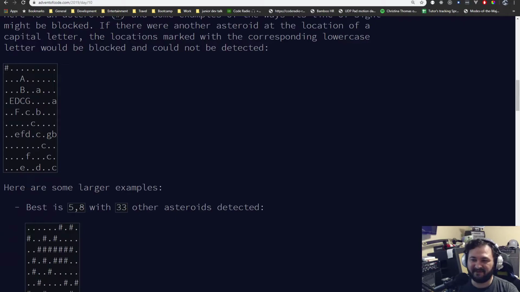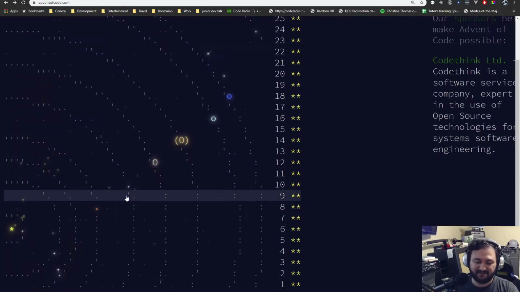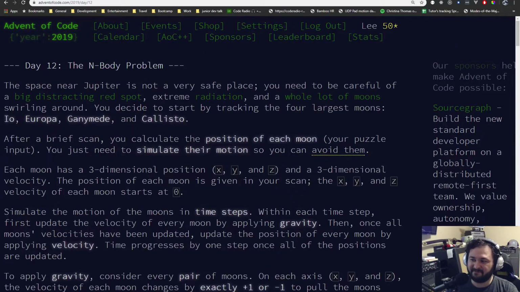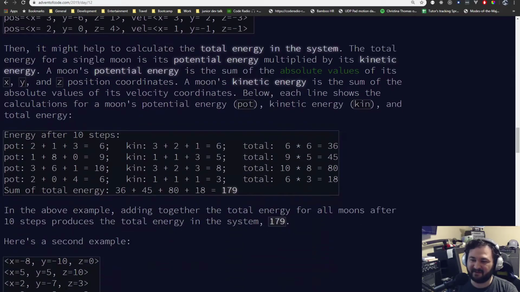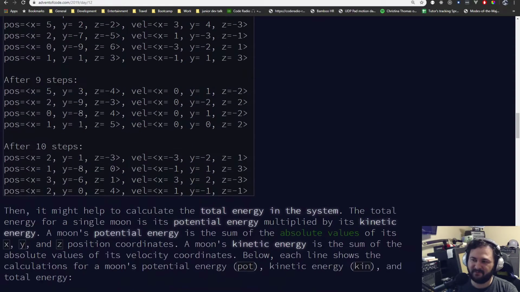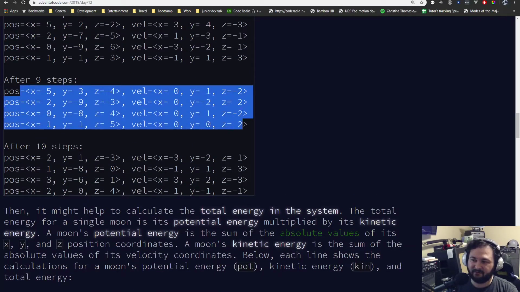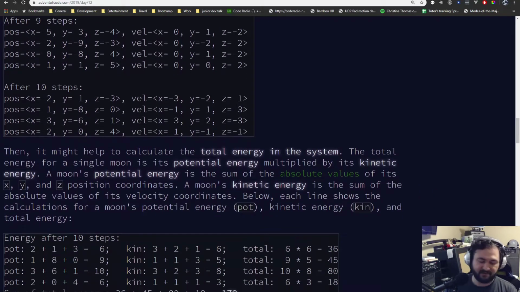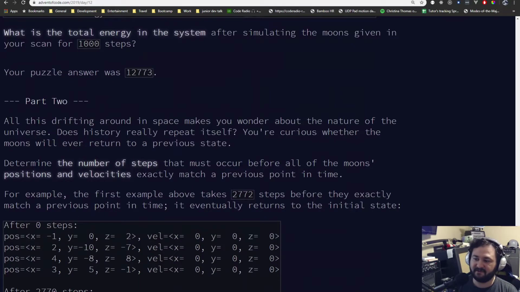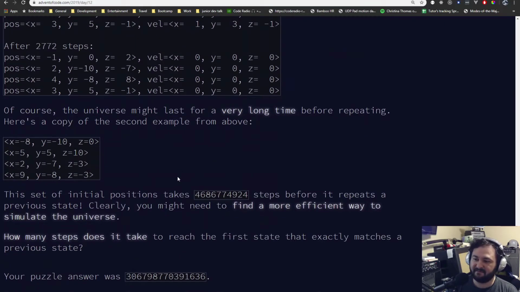Again, like the 2D X and Y coordinates and stuff, I don't know why, but I've always wanted to do game programming, so I feel like this got me a little bit closer to that, so I really enjoyed it. Day 12 had nothing to do with that. This was very much just a basic math algorithm problem where you're doing some operation to recompute the position of all the moons. Part two asks you to do this for a very large number of minutes.